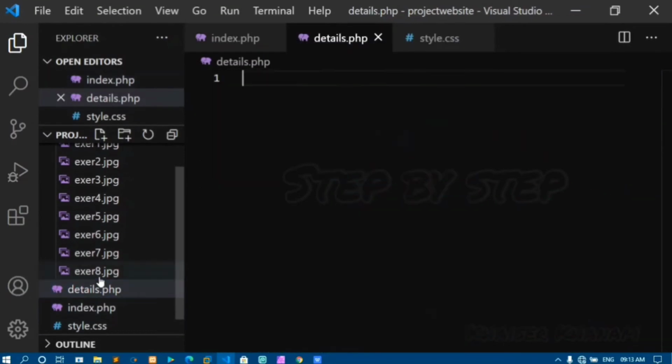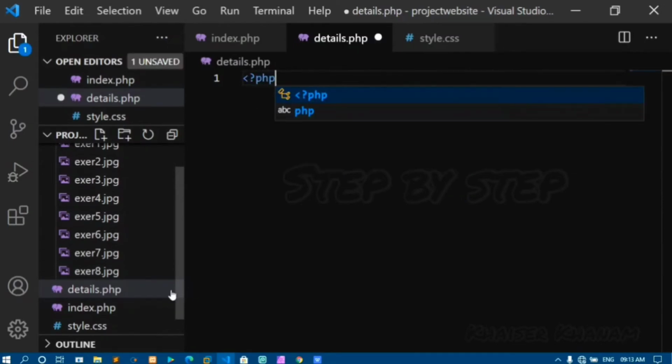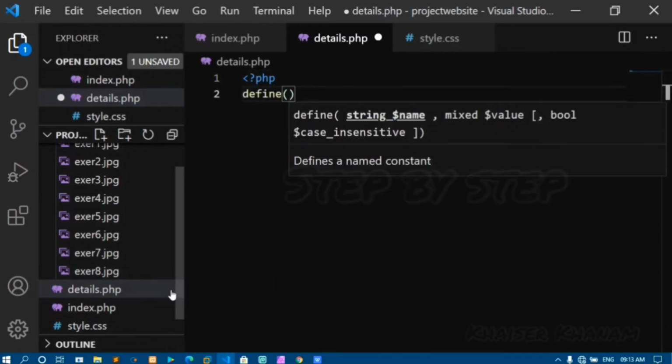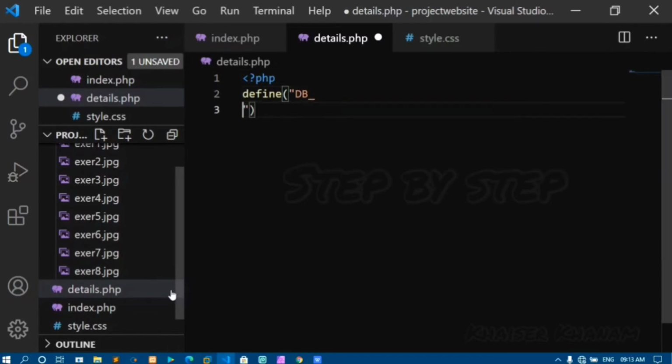Now open your details.php. Inside this, I'll be writing the syntax of PHP, and I'll be defining my database host. Define database host. My database host is localhost.